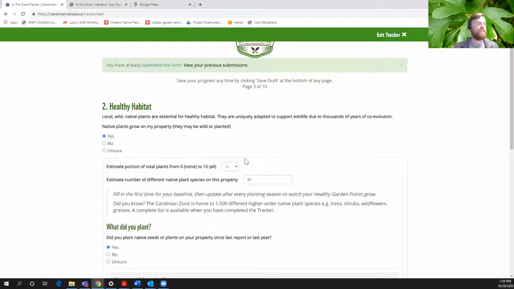So for here, this was my balcony garden actually, which you may have seen in a prior video webinar. My balcony container garden, I said, was 9 out of 10 native. So that means if all that area was squished, it's mostly native plants, and there's only a little bit of non-native plants in there, which is pretty accurate for my case.